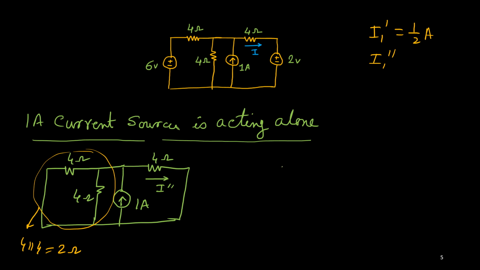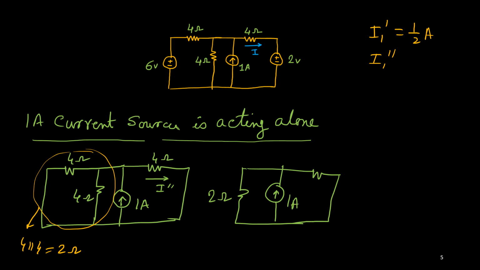So this current source, this side we have simplified by only 2 ohm, and this side this resistance is there like this. This is 1 ampere and this is your 4 ohm. Now see, this current is coming here, 1 ampere. Now it is divided by these two paths. One is through 2 ohm and 4 ohm, and they are parallelly connected.